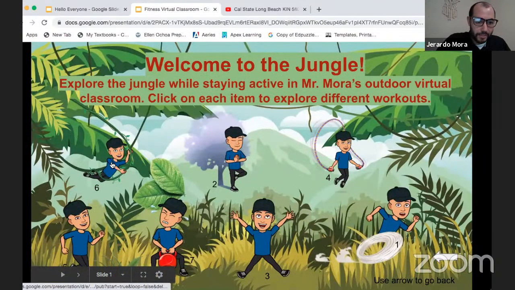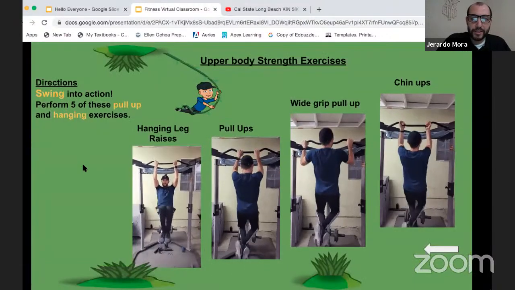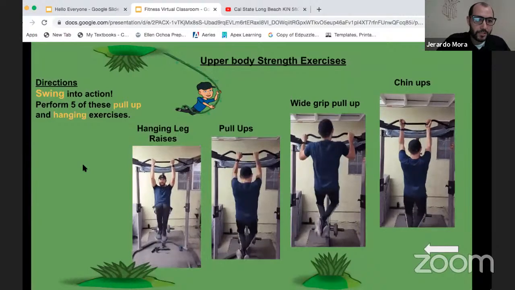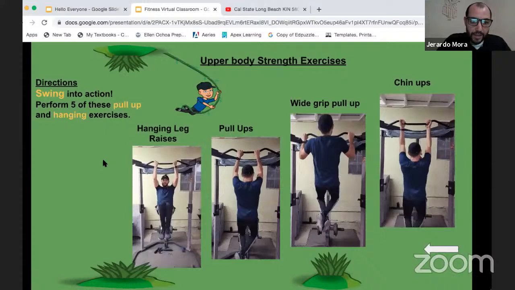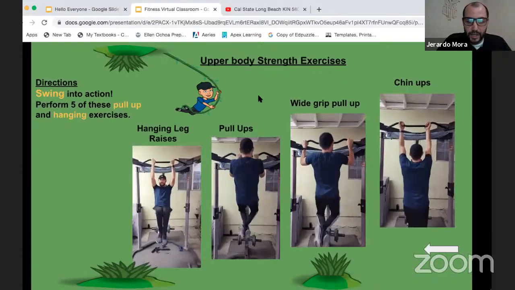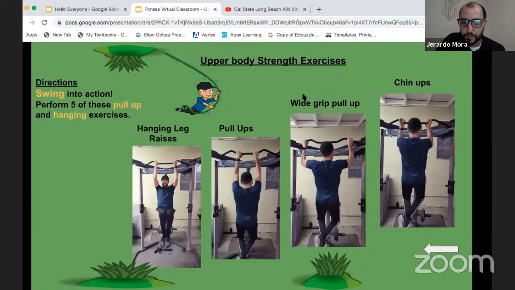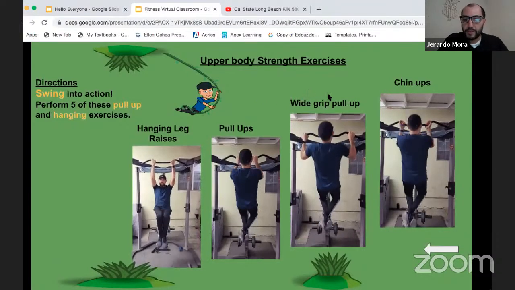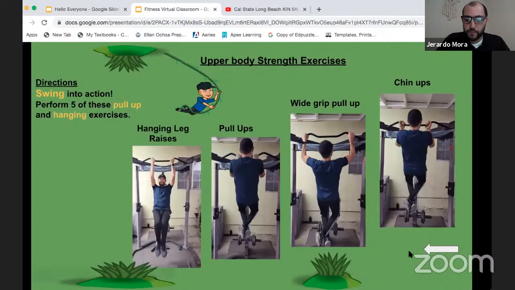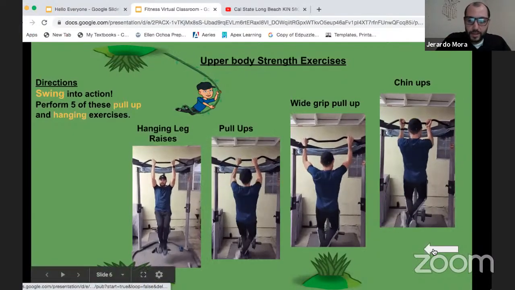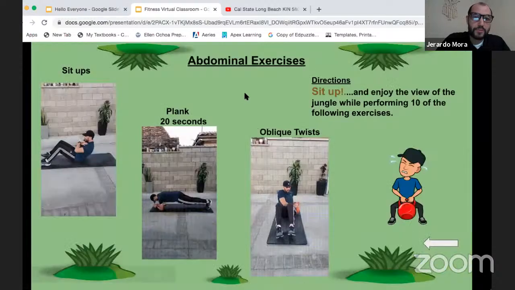Then we have the swing into action. This one's upper body strength exercises where students will swing into action by performing 5 of these pull-up and hanging exercises. We have hanging leg raises, some standard pull-ups there, some wide grip pull-ups where their hands spread out a little bit, and then the chin up with the reverse grip. And then we'll come on back, and then we'll go on to the last one here, which is our